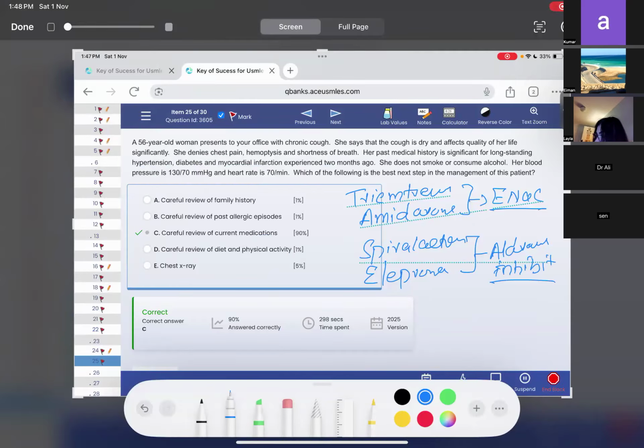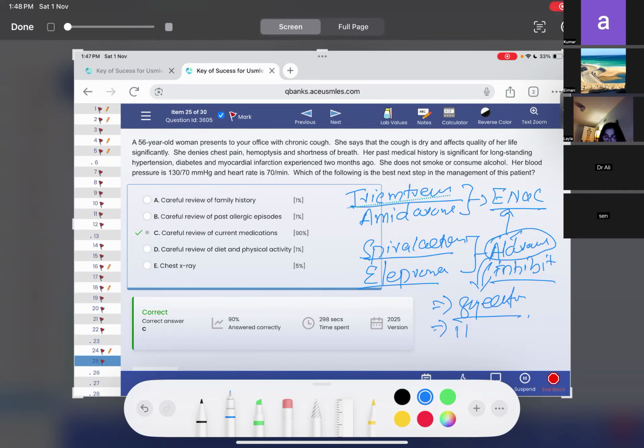Aldosterone is responsible for production of ENAC, so whenever aldosterone is not present, ENAC will not form. And aldosterone is responsible for many different normal effects as well. So spironolactone and eplerenone have other effects like gynecomastia, while triamterene and amiloride have other effects like sodium excretion